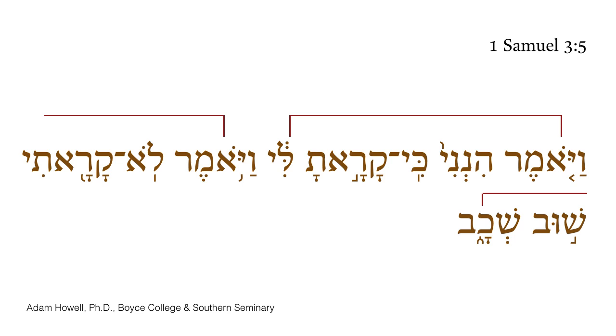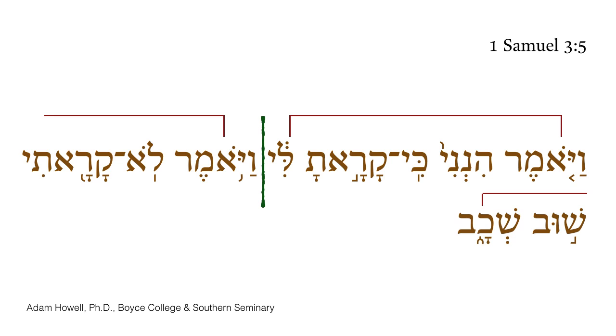So let's look at a translation here of the whole thing in the direct speech segment. And then he said, behold me, again, here I am, for you called me. Now, if we stop here, we can put a line after the zakef katon marking off Samuel's quote, and we now begin Eli's quote. And then he said, again, Eli now is the subject, I did not call, return, lie down.